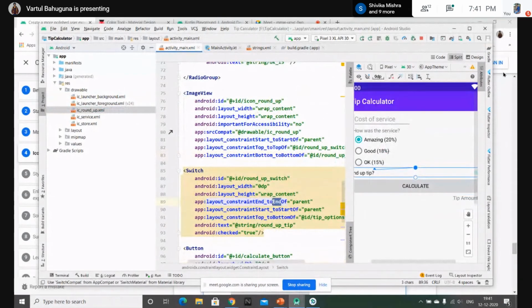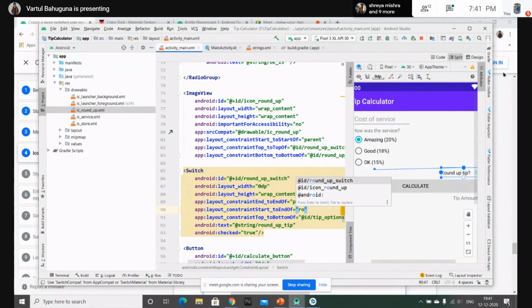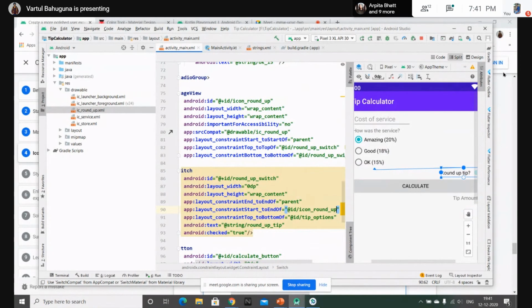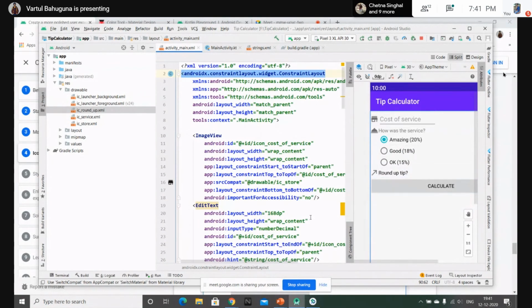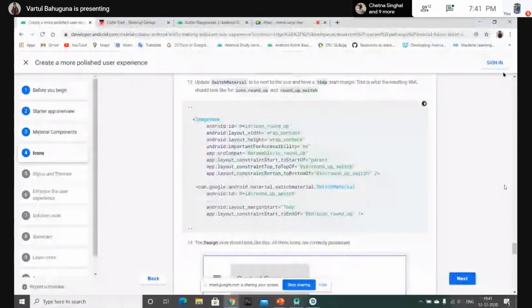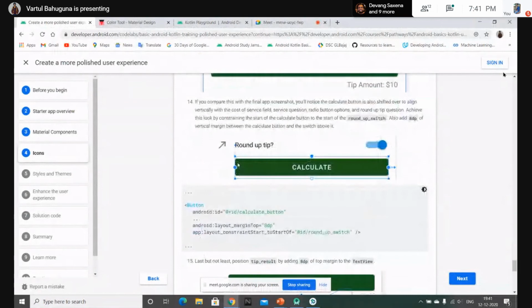So constraint start to end of this image view, round up. Okay, now it's appearing nice. And you can see that the switch is aligned below the round up tip.